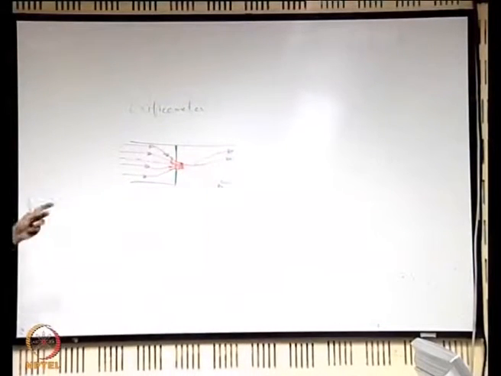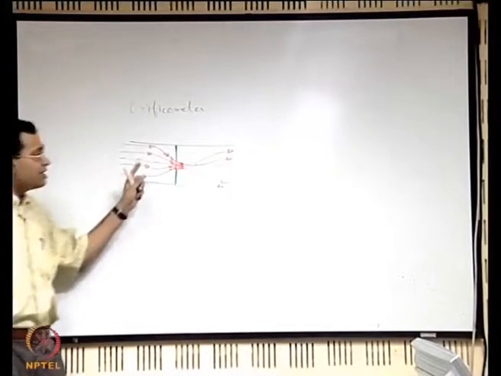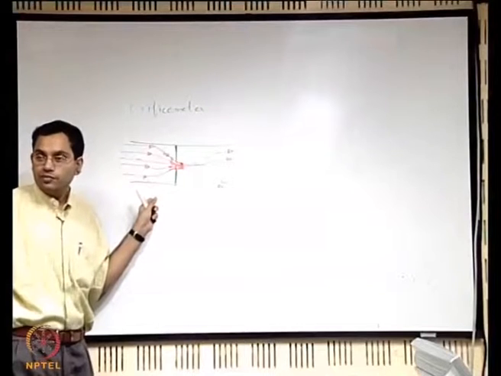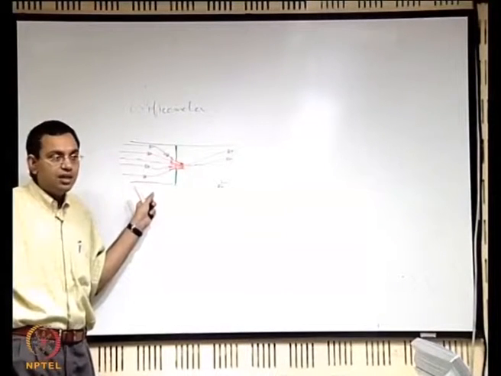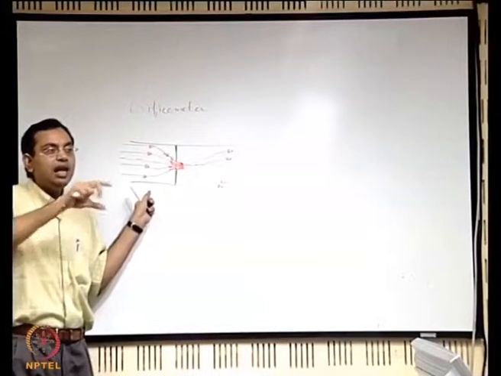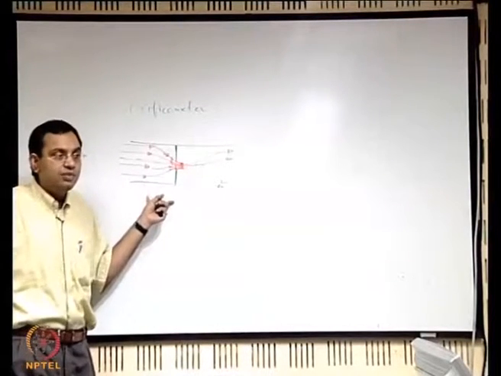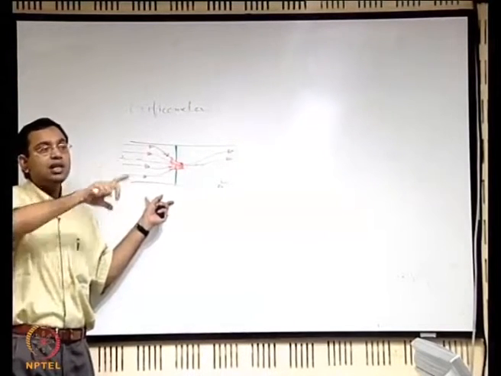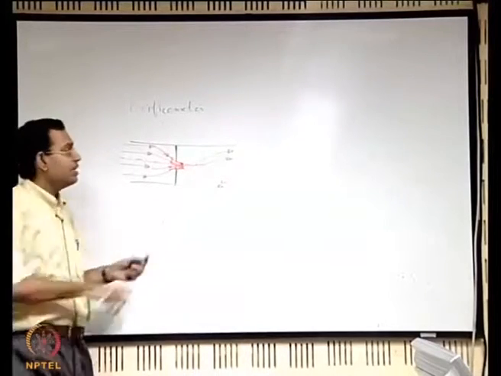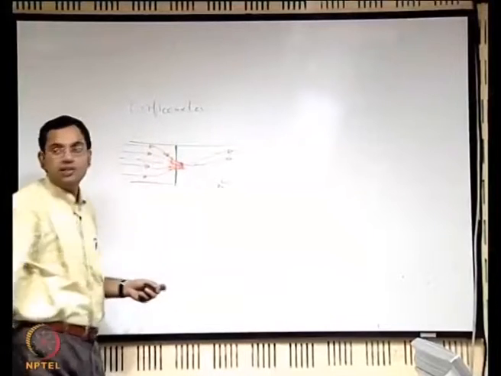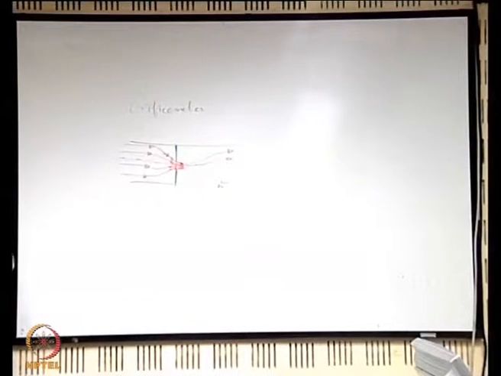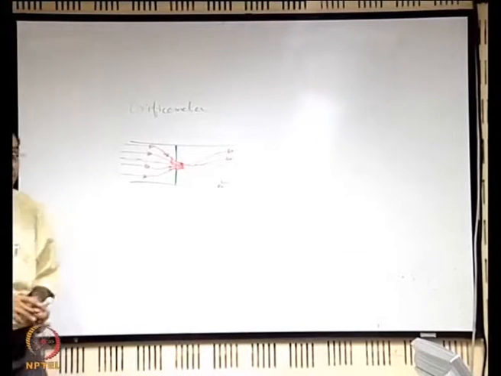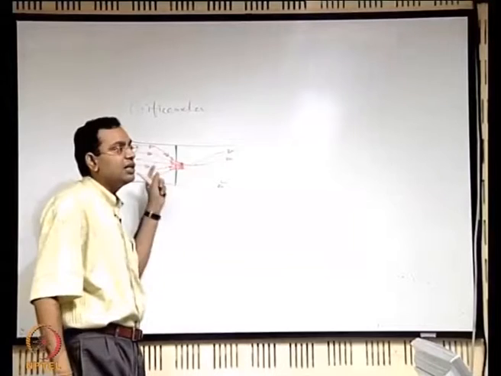Qualitatively it is important to first appreciate this, because from this you will get an apparent similarity with the venturimeter. What is that? In the venturimeter you try to have a reduction in the area available for flow, here also you are having the same thing, but what is the difference? In the venturimeter you had a gradual transition from the bigger area to a smaller area, and here you are trying to have a more abrupt transition. An abrupt transition is not so good, because the flow does not get enough opportunity to adjust to that abrupt change, and that may create additional losses. Not only that, there are more uncertainties in the measurement.